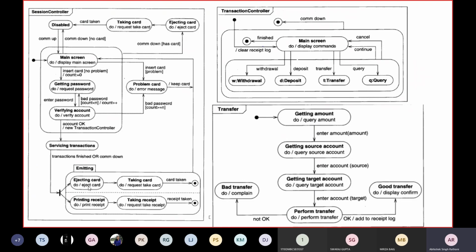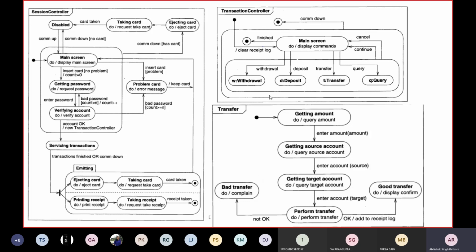So right from the concurrent activities, you can either eject your card or print your receipt. The user can perform two activities: take the card first and then the receipt, or take the receipt first and then eject his card.